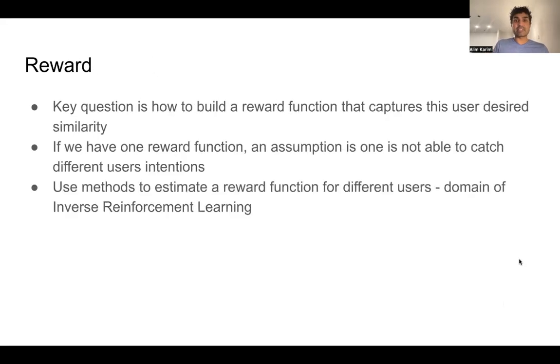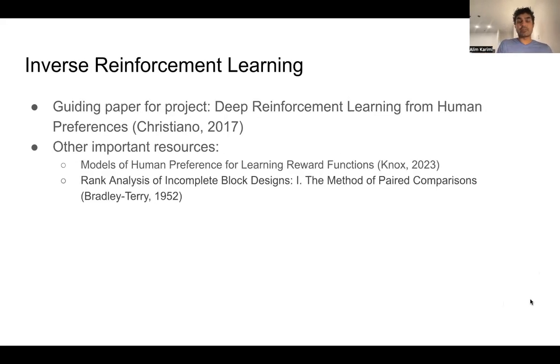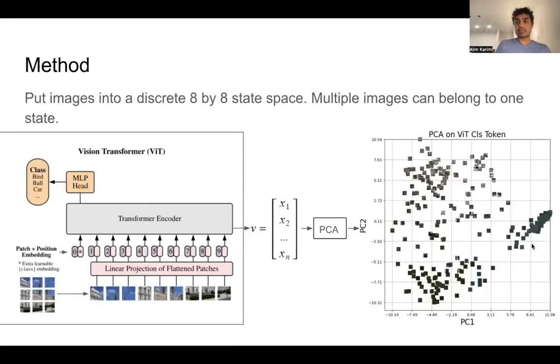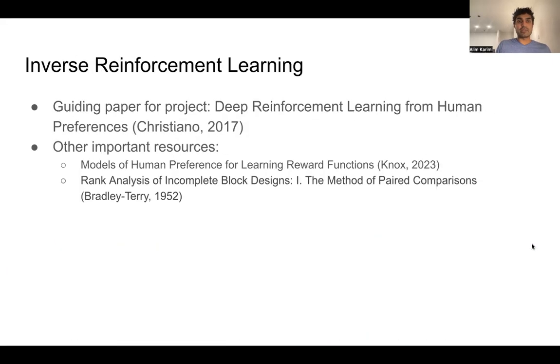So that's basically what inverse reinforcement learning is: learning this reward function, not having a human crafted reward function, and then using your general reinforcement learning techniques on that reward function. This is just a couple of important papers. I'm going to keep this here just for a second, but I won't dive into it too much. You can pause it if you need to look at it, but I thought they were pretty important in the